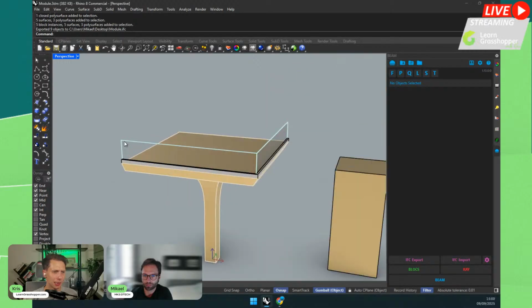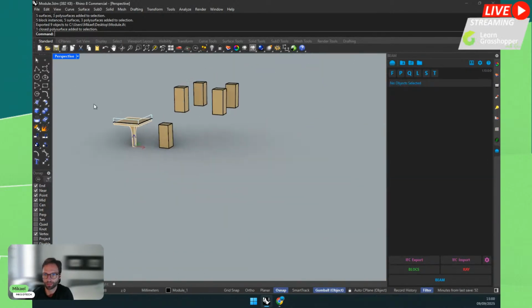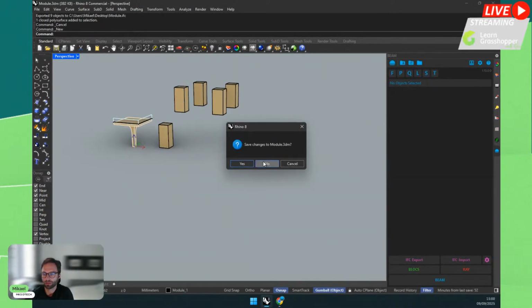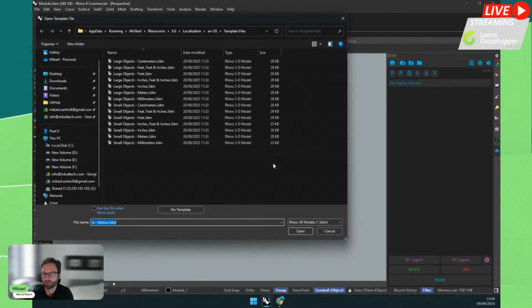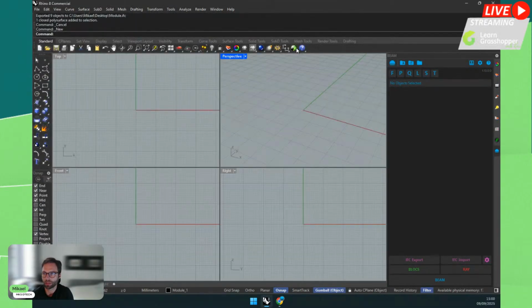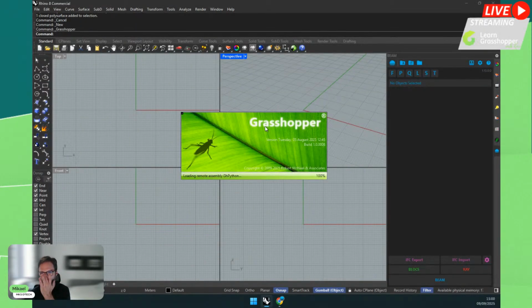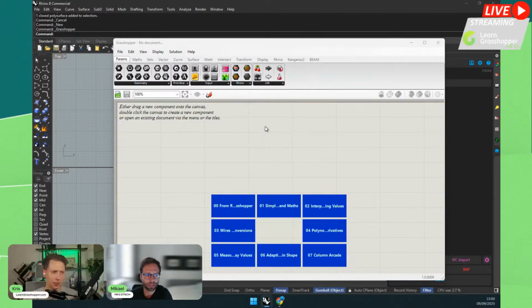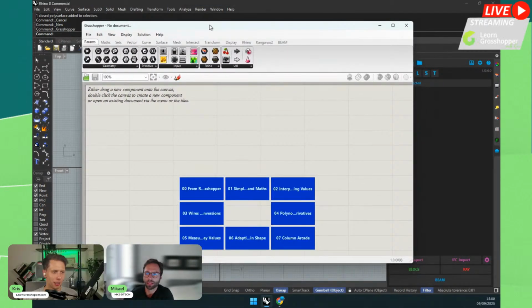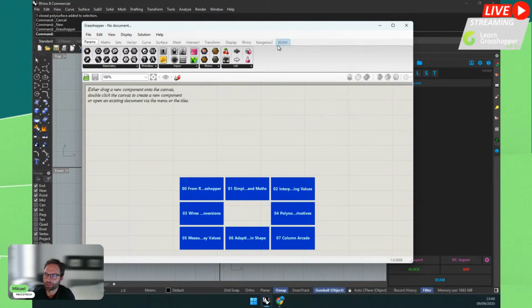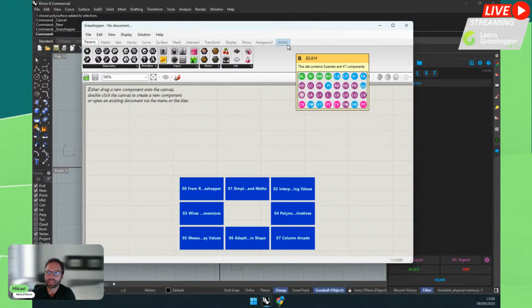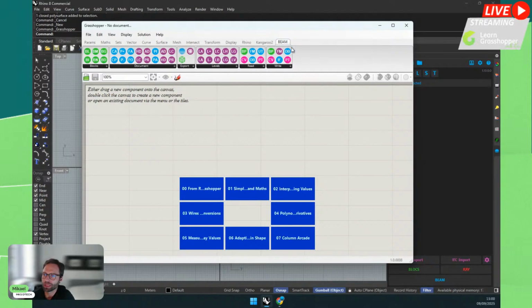That's okay. Let's continue. So let me think about what we could do now if I will use a file or not. But let's open Grasshopper and have a look at the Grasshopper part of Beam. Now let's start. Fun begins, right? Well, yes. It's very simple, very easy. So there will not be crazy scripts, but I hope it will be interesting.